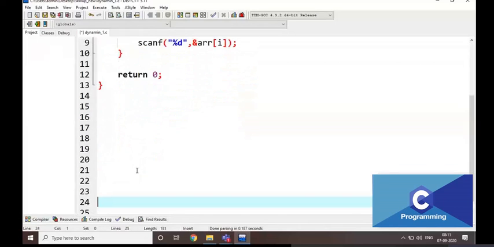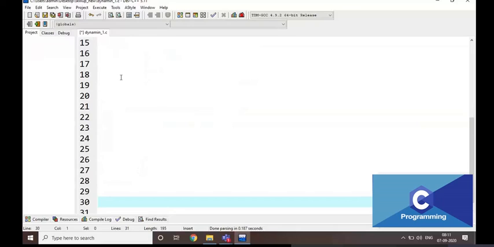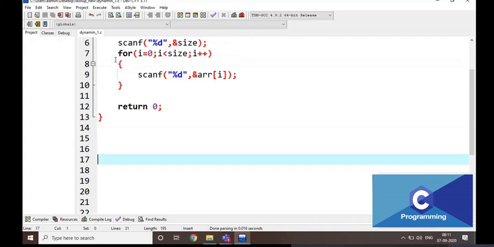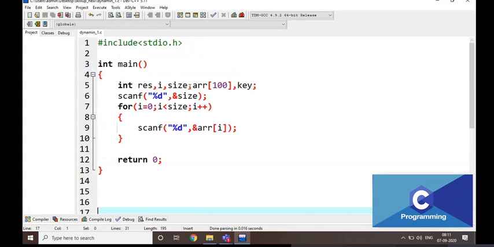This is a different topic but related to arrays. Today's topic is dynamic memory allocation. This is related to arrays, no doubt about that, but it is some other topic. For example, if